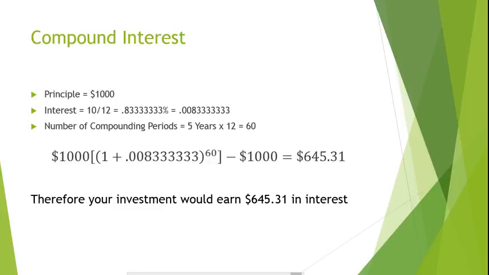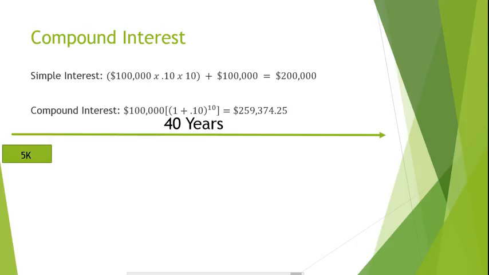Compound interest can greatly increase the amount of interest earned in an investment. If you were to invest $100,000 in an account that earned 10% simple interest that compounded annually, your investment would be worth $200,000 in 10 years. However, if you invested $100,000 in an investment that earned 10% interest per year, but interest was compounded, your investment would be worth